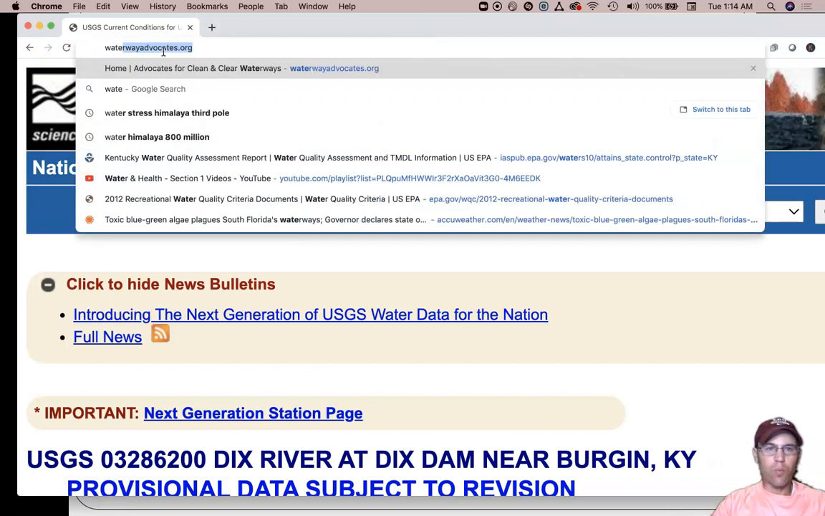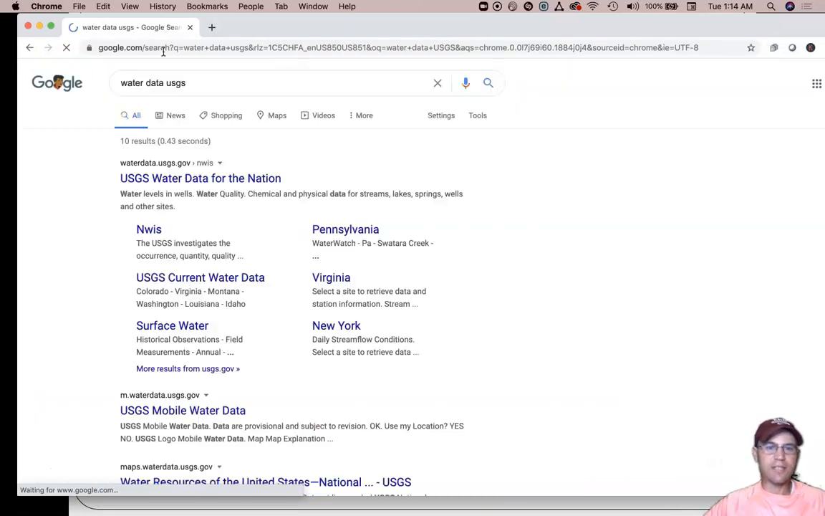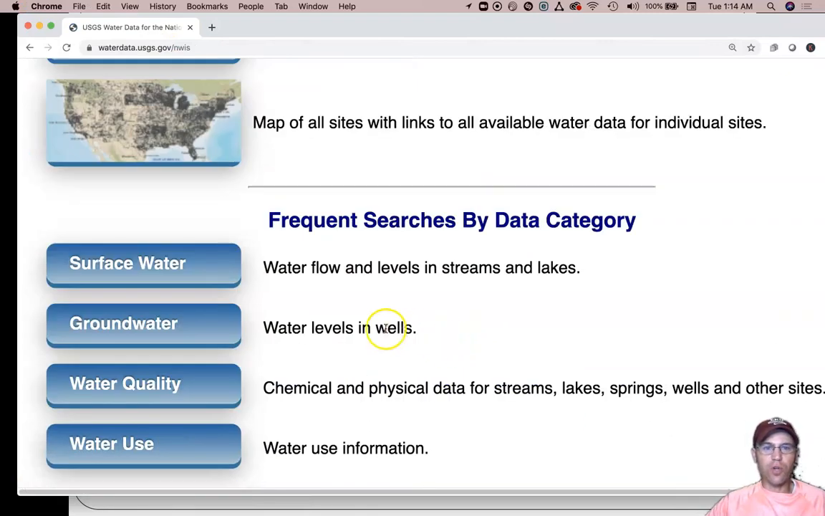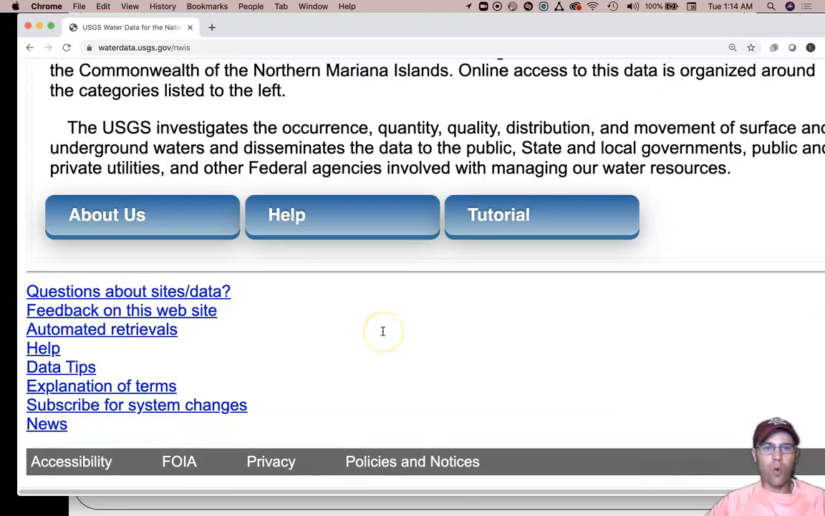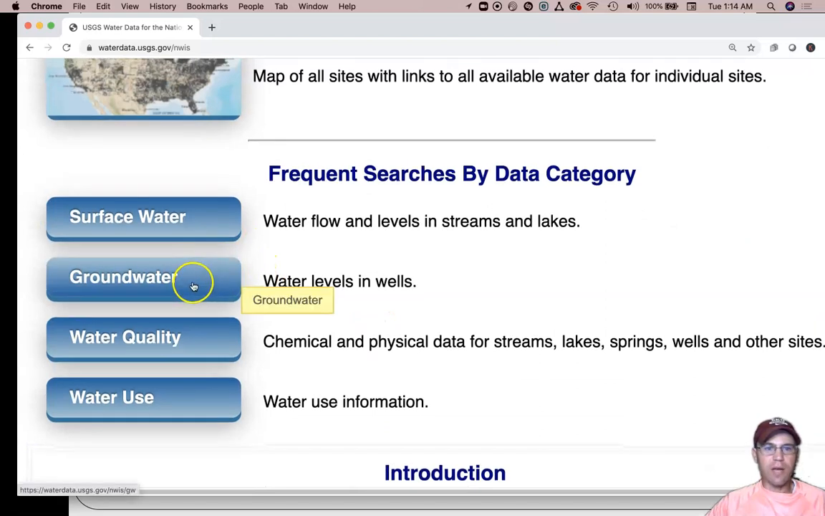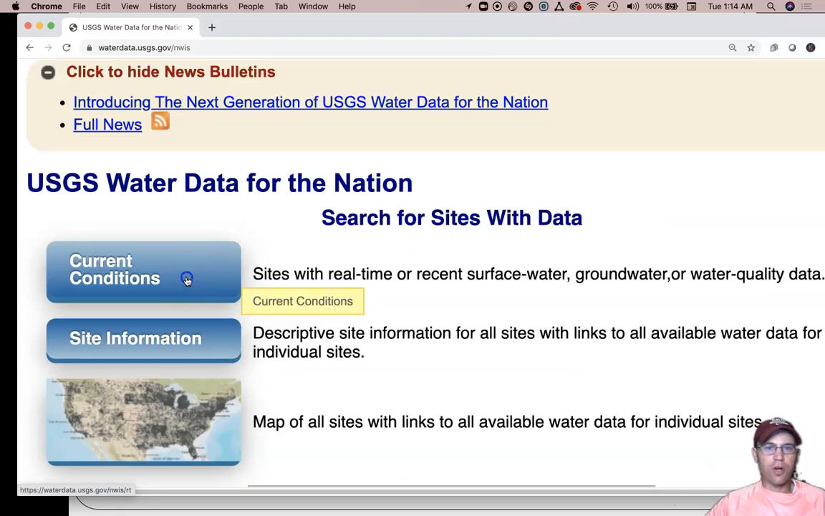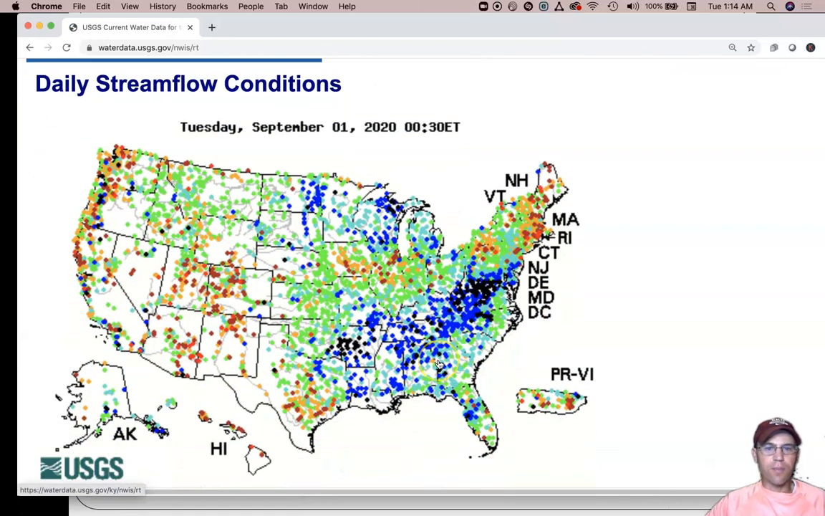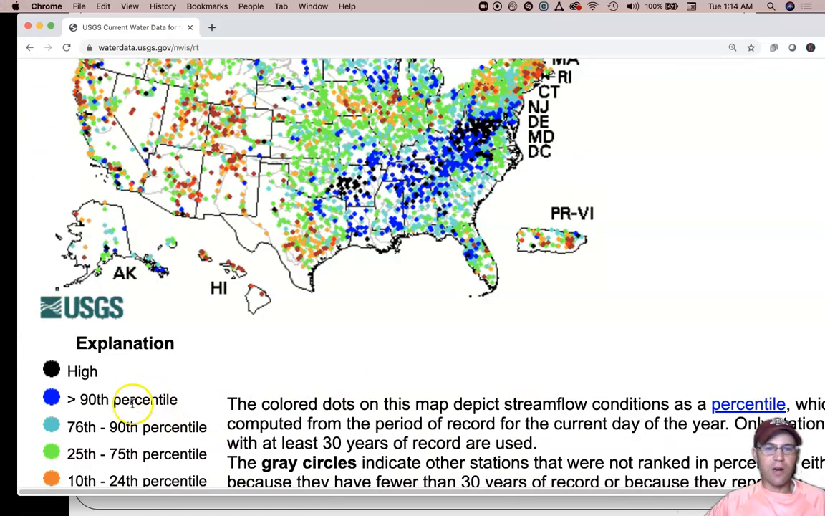You can just type in water data USGS and search water data for the nation, and then you can just look at the water levels. I'm going to click on current conditions, and you can see the blue dots show areas that are running really high right now,